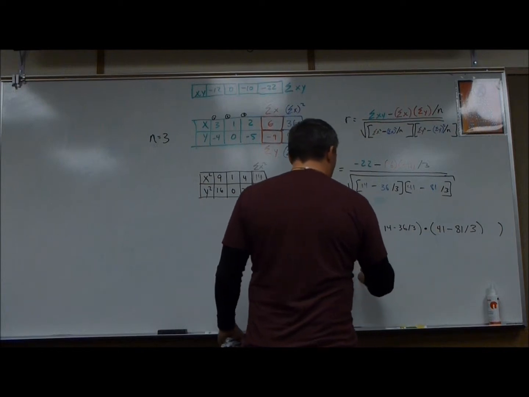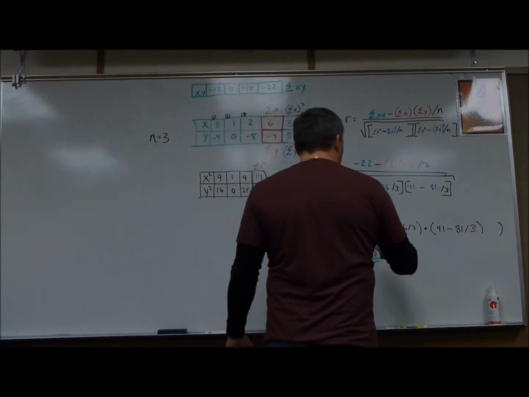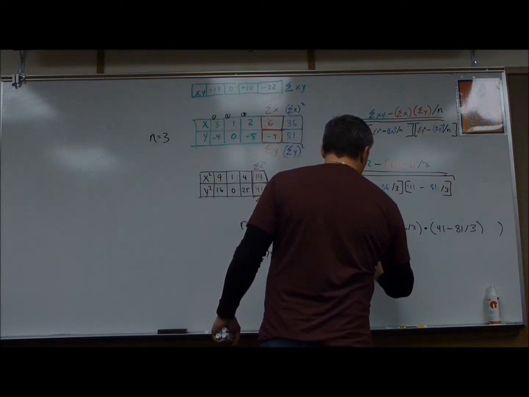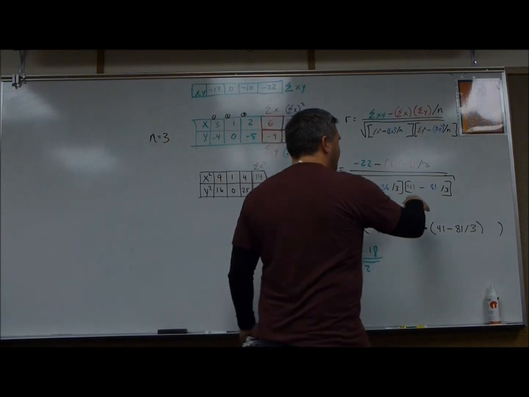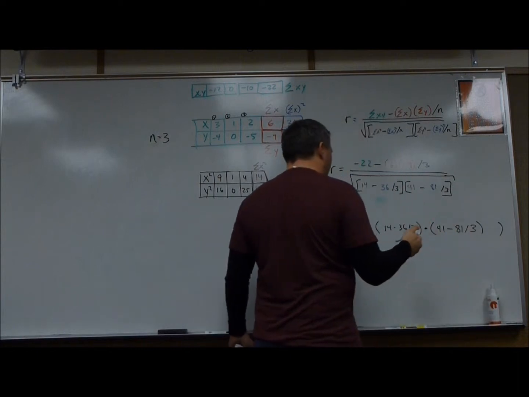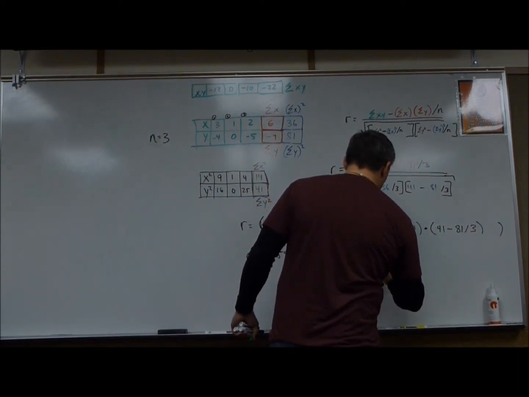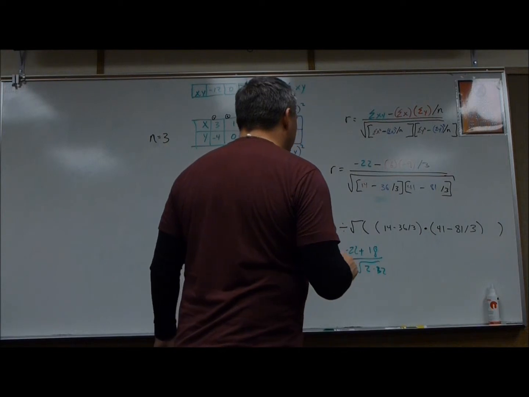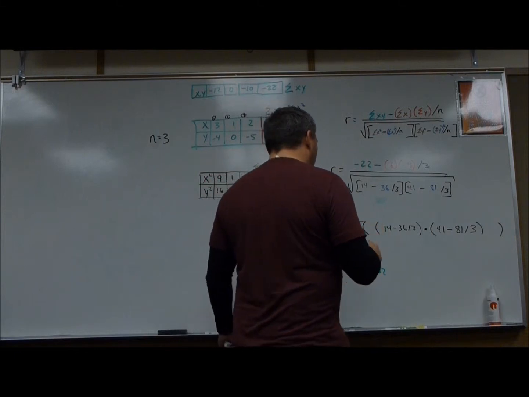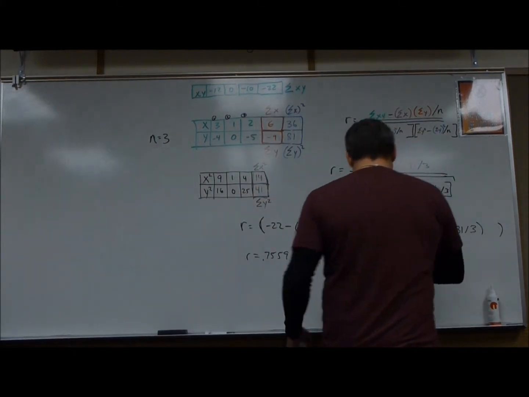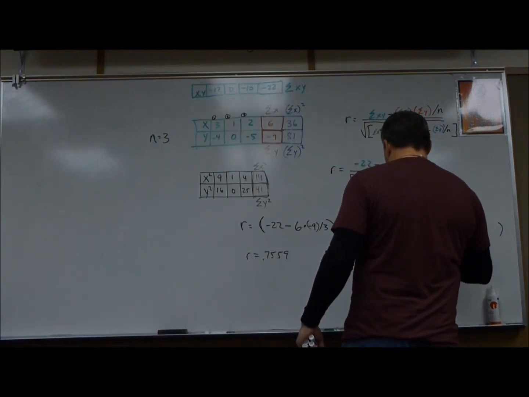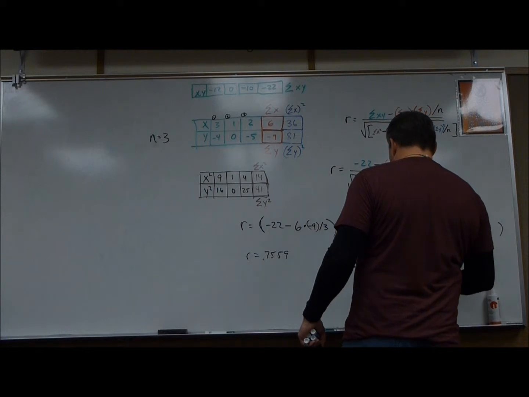So all over the square root of 2 times 3 is 9, and 41 minus 9 is 32. Is that right? 12, 2, so that would be 22 minus 18 is 4, so minus 4 over,